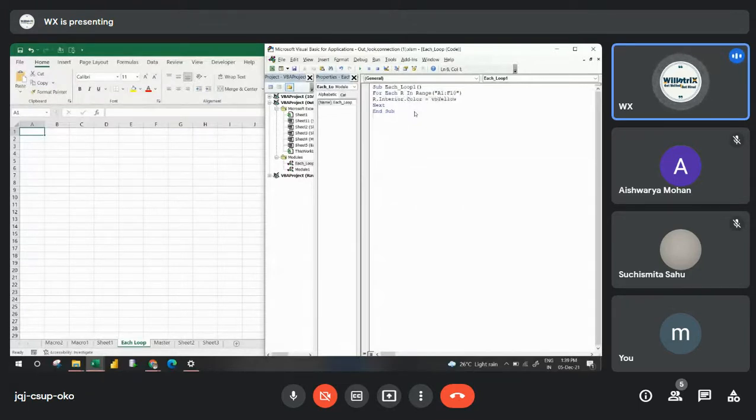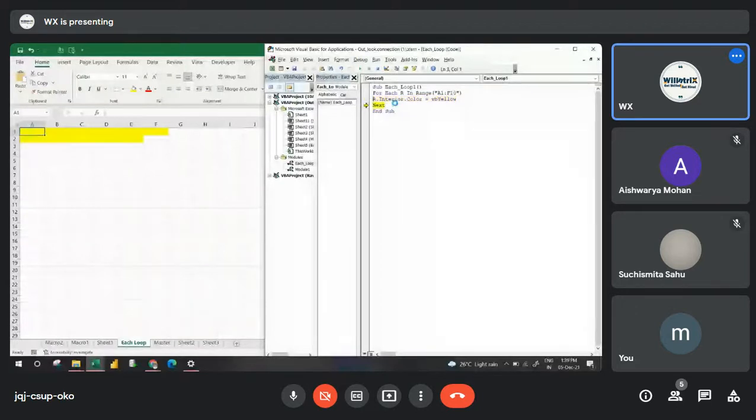See what happened, I'll run this code. R is a cell now: A1, then A2, then B1, C1, D1. It will go on like this. It will take one certain part for each in that group. Understood?